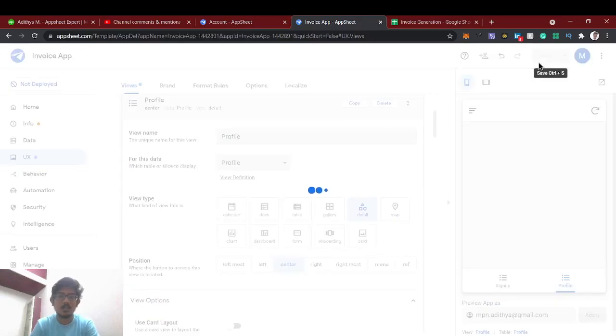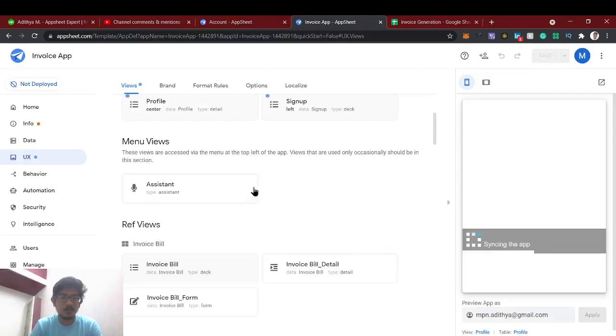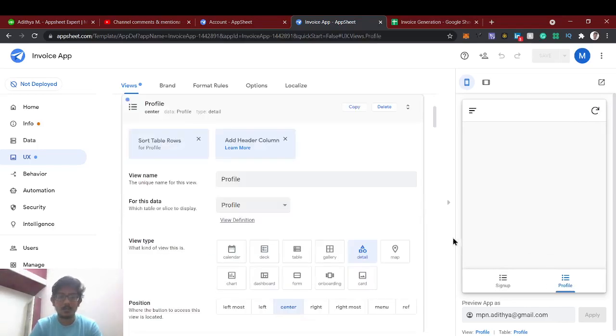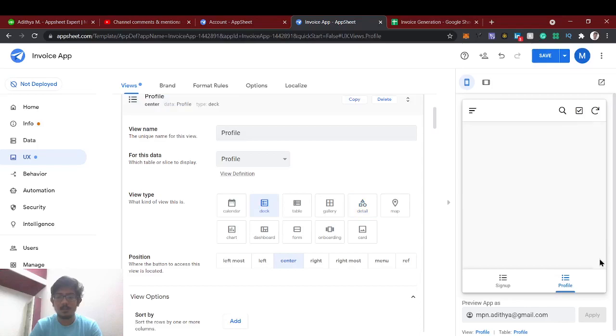So let's save this. Okay. So actually the profile detail view is not working. We can't edit in the detail view directly. So first it should be in the next view, then